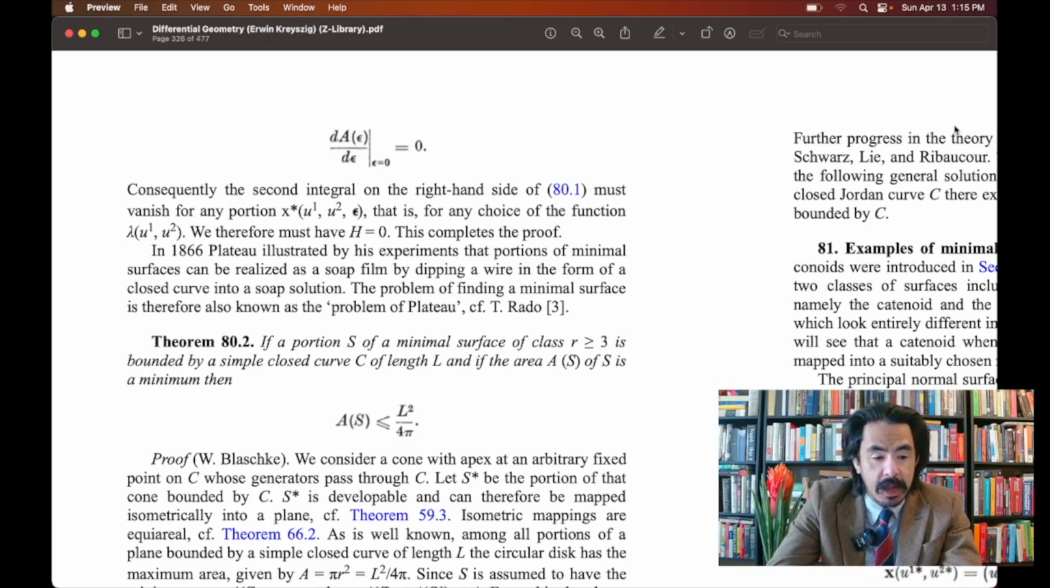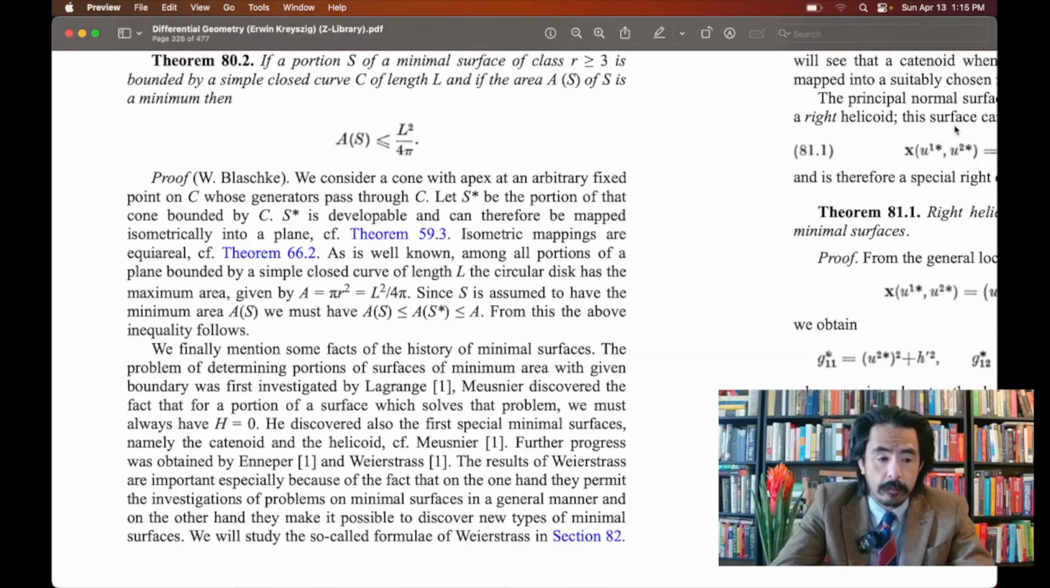So, Theorem 80.2. If a portion S of a minimal surface of class R greater than or equal to 3 is bounded by a simple closed curve C of length L, and if the area A of S of the portion S is a minimum, then A of S is less than or equal to L squared over 4 pi. The proof due to Blaschke is as follows. We consider a cone with apex at an arbitrary fixed point on C whose generators pass through C. Let S star be the portion of that cone bounded by C. S star is developable and can therefore be mapped isometrically into a plane, for which